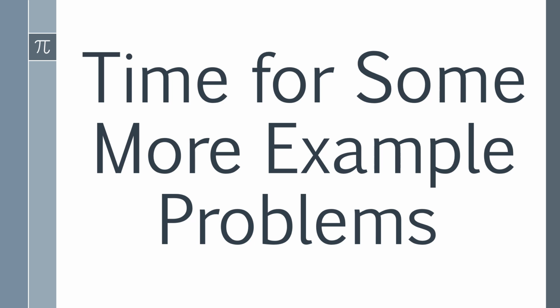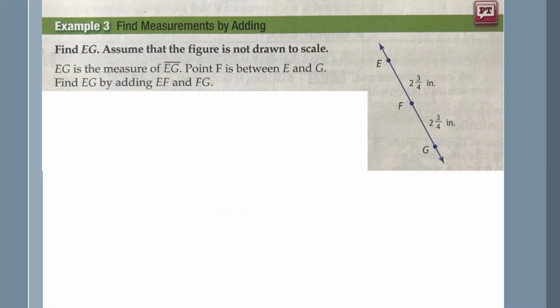Time for some more example problems. Okay, so the first thing we're going to do, they say find the length of EG, and they assume that this figure is not drawn to scale. Okay, so EG means this measure of segment EG. So we would be looking at this segment here, from here to here. Well, what we've already talked about is this. If this piece here